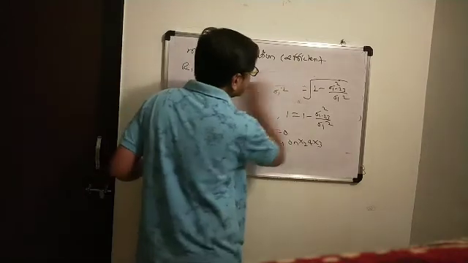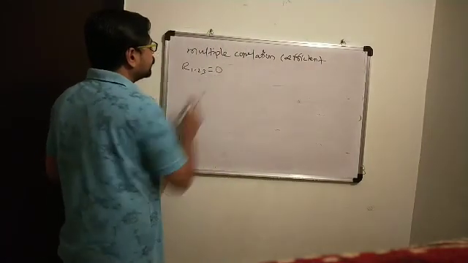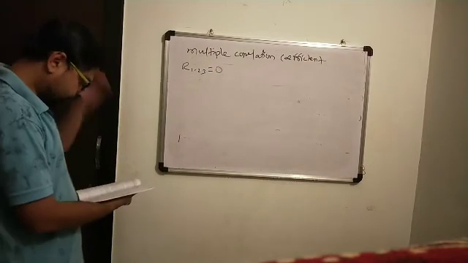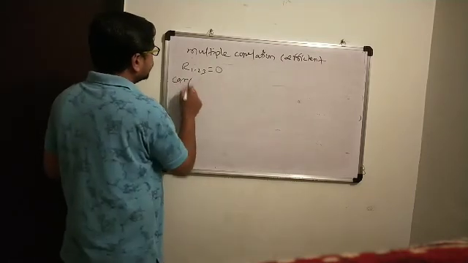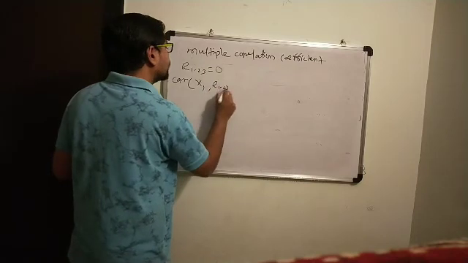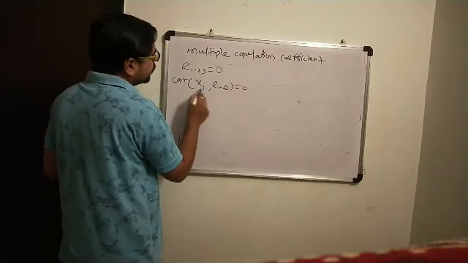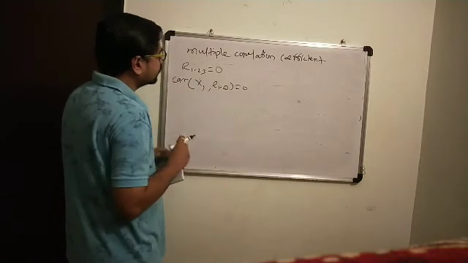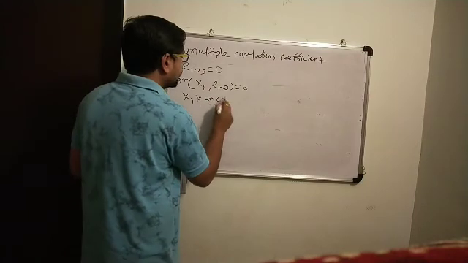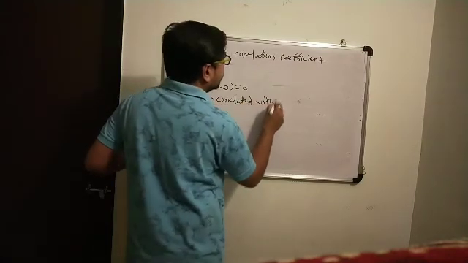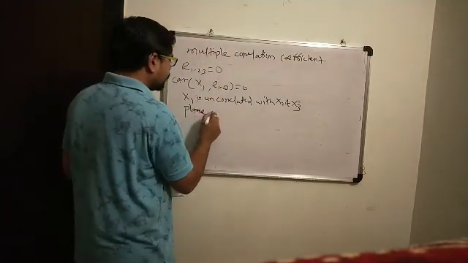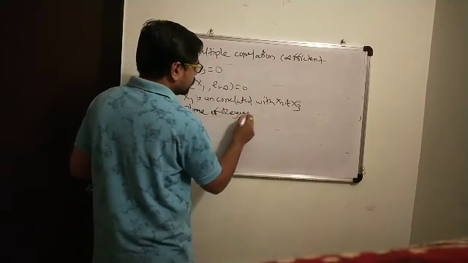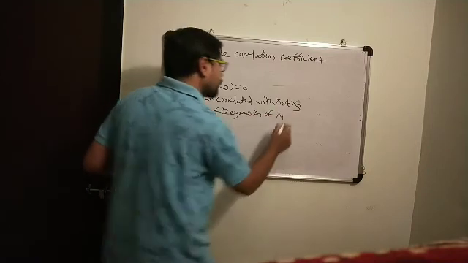Now we will go to another interpretation, when R1.23 is equal to 0. When R1.23 is equal to 0, what do we have? This is nothing but a correlation between x1 and E1.23 is equal to 0. That means the correlation between x1 and the other two variables is 0. That is, x1 is uncorrelated with x2 and x3. That means the plane of regression of x1 on x2 and x3